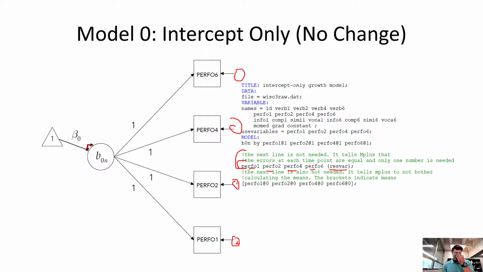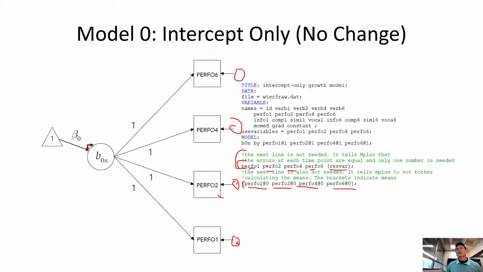The other thing that M plus will do is calculate a mean for each of these. And so this next line just says M plus, don't worry about calculating the mean. We're going to set these at 0 because we don't want to waste any parameters, M plus guessing any parameters. So we're just going to say, you don't need to calculate what a mean is for each of these. We don't need that triangle to show that, because M plus would do it automatically. We'll just set these at 0, and that gets rid of 4 other parameters.